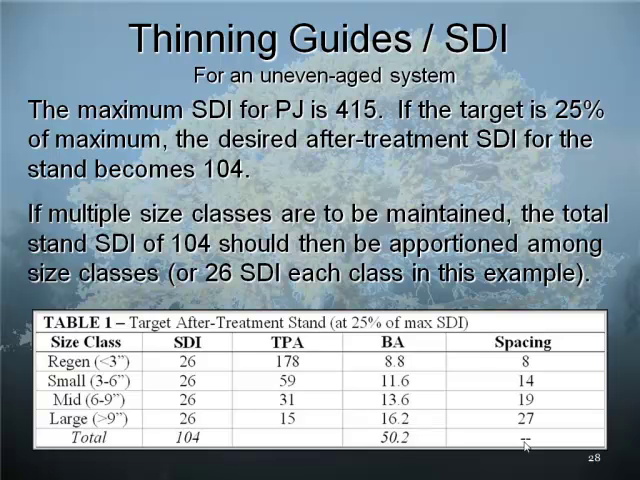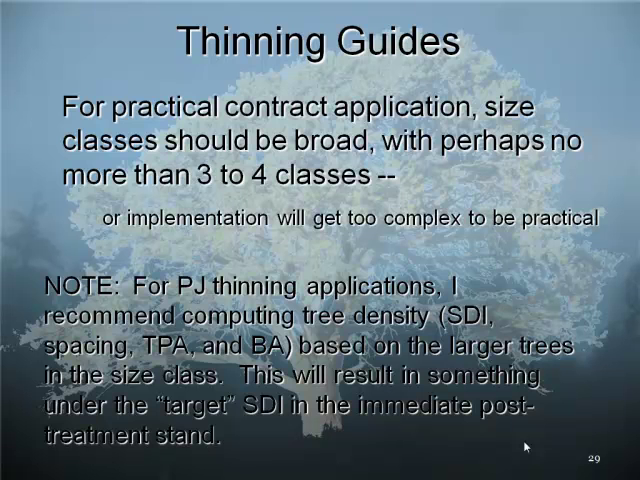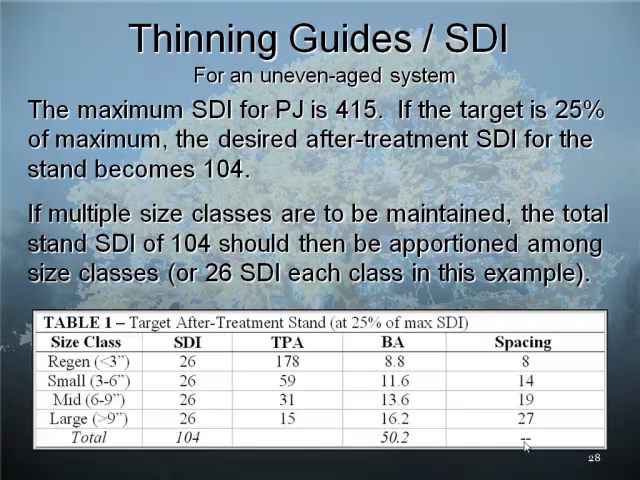So when I put that into a contract, ask a contractor to go out and thin it, or if I were to send out a BLM crew to thin it, I would break that down probably into just 3 size classes. The note there is when I'm computing these,